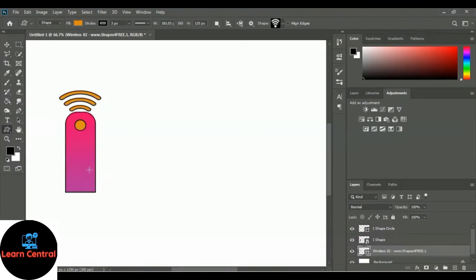These shapes we are using instead of the I alphabet, and as we create an IT Square logo, right now we have to write the T alphabet, and we will do that with the rectangle shape, and therefore we have to use the rectangle tool. So here is the custom shape tool, you just have to right click on here, and then you will get this rectangle tool. Okay, so let me draw